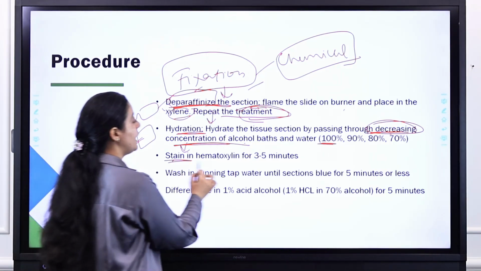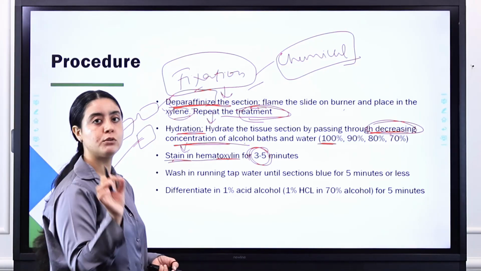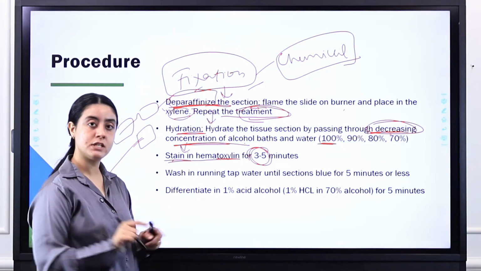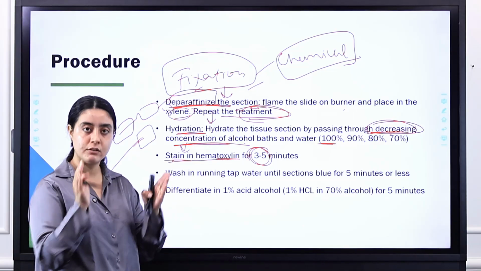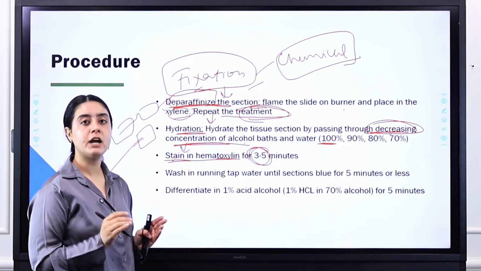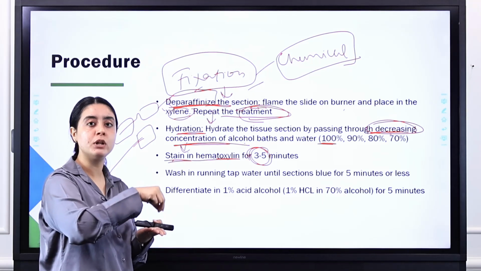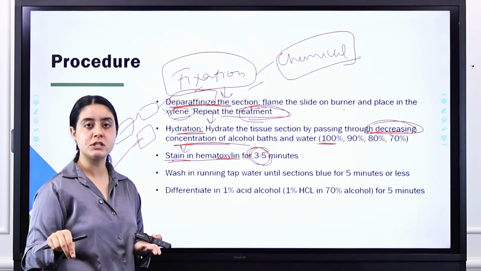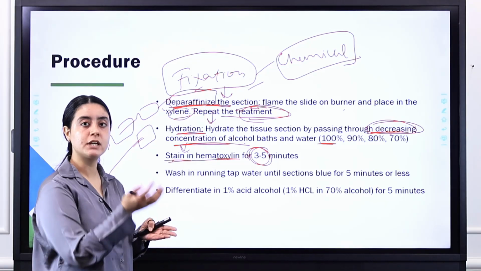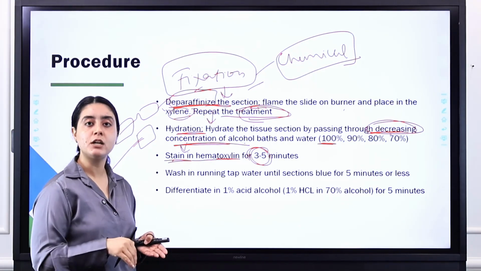So stain in hematoxylin for 3 to 5 minutes. You have to put your slides in the hematoxylin stain box for 3 to 5 minutes. Okay, we have a rack in which we place our slides, and then we hold the rack in the boxes, all the glass boxes which I have told you about just now, which contain all the stains or all the solutions which are required in the staining procedure.